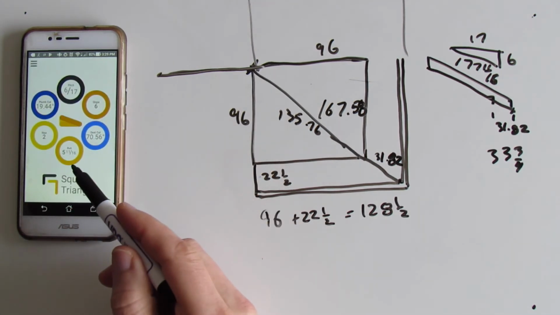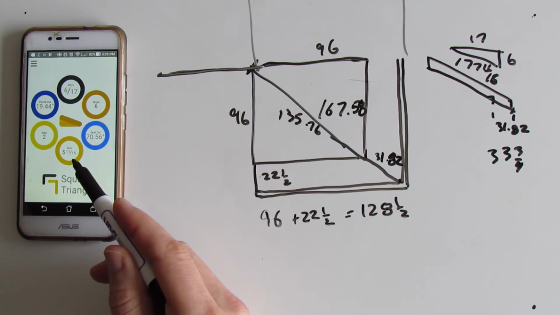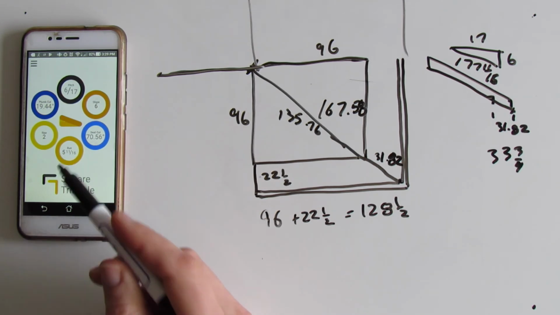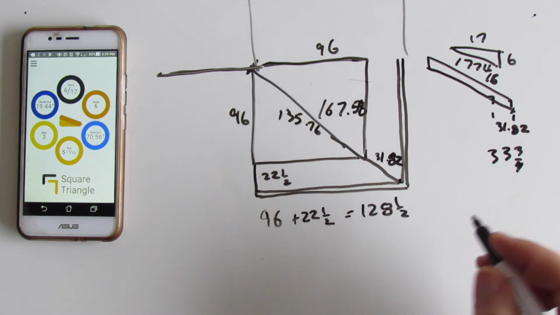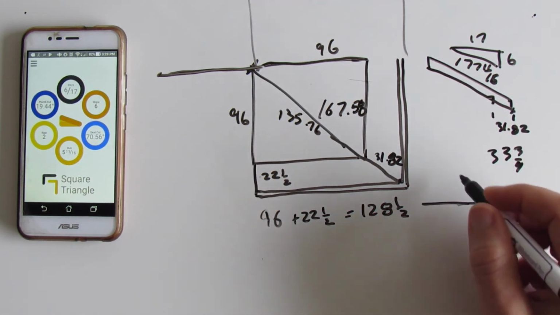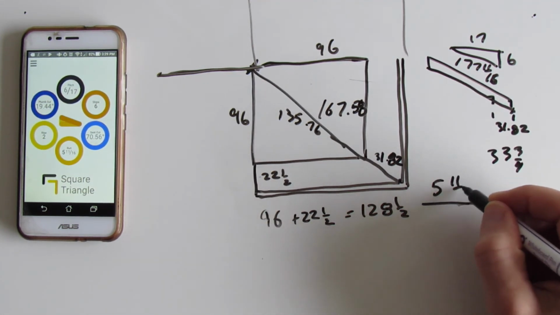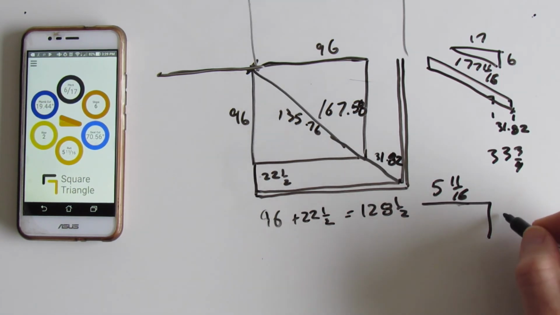Okay, so yeah, the size of your bird's mouth is going to be 5 11/16, and 2 inches up because we're on the 6/12. And from before we calculated that it was going to be a 2 inch up cut, and so then it'd be 5 11/16. So this is the size of your bird's mouth right here. 5 11/16 and 2 inches,